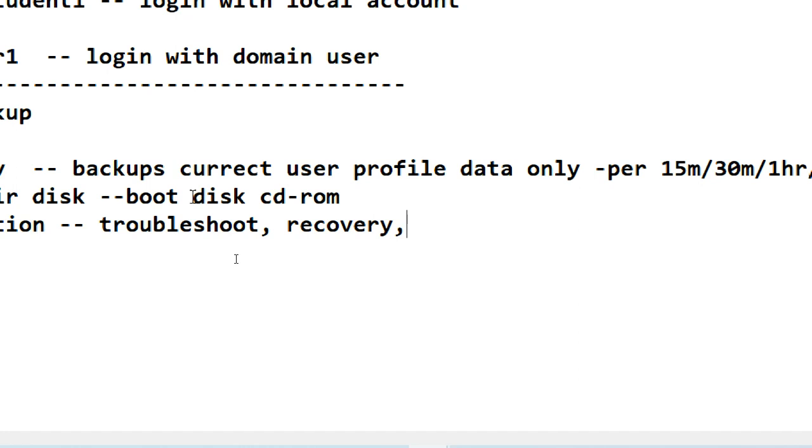Otherwise, you can't go to it. One is the operating system version, and another version is there. What is that other version? Edition. Windows 10 edition and build versions should be the same, then only we can go to recovery options, troubleshooting, and image recovery kind of stuff. We can do it.